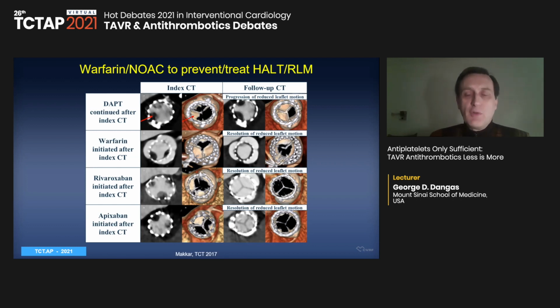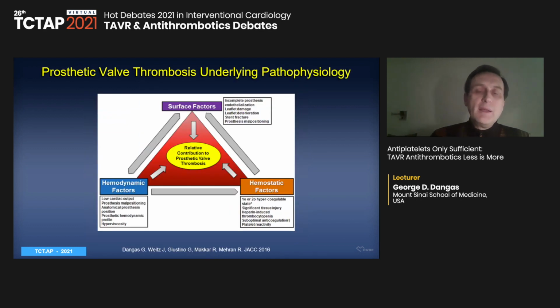This is more of a pointed debate, but predominantly we need to understand that this was an imaging-driven concern because of the first time we had this 4D dynamic CT angiography of the valve enabled by the technology, and the first time we're really able to see up close and personal these aortic valve leaflets that seem to be having problems no matter what kind of valve it is here and there. The pathophysiology of valve thrombosis, prosthetic valve thrombosis, is an interaction between surface hemodynamics and hemostatic factors in a very